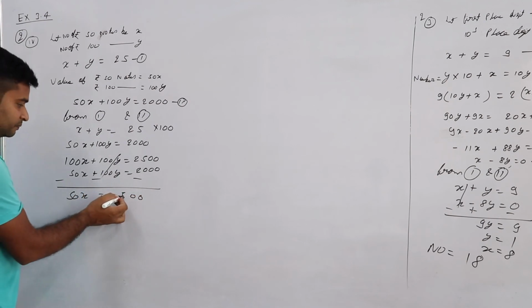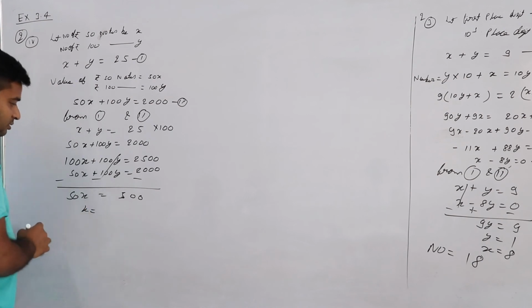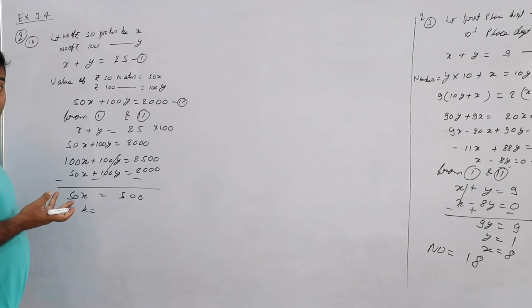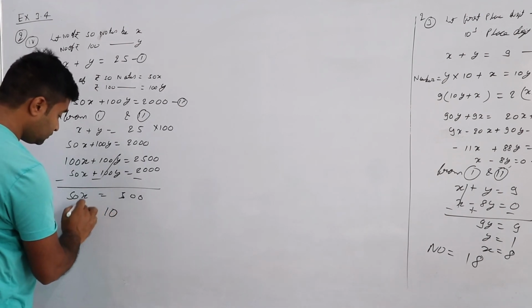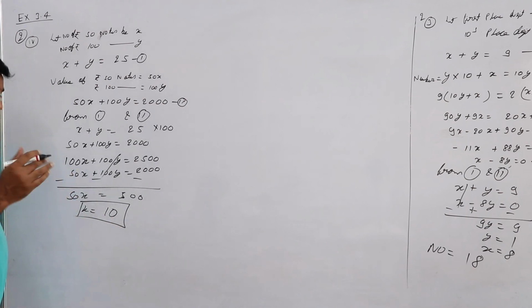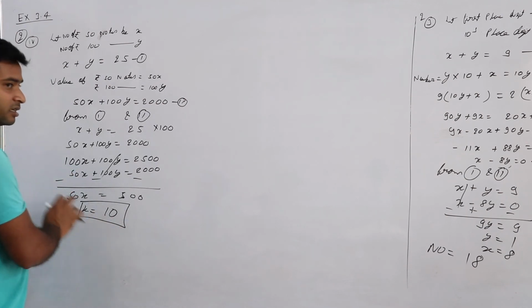So x is equal to, if you don't get this one, then you should go and die. Yes, sir. You all should go and die only, no other. This is the only better option. So x is equal to 10.